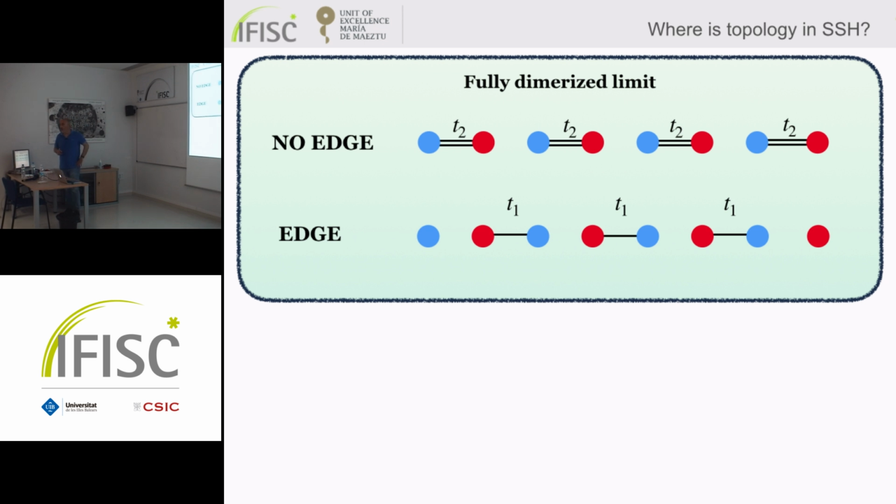Sorry, in the full array, is it necessary that the end edges are always the T2? I mean, because the way you plot it there, the full array has all the connections, and the ones on the outside are T2. But you could have an array with the others. Well, I am assuming that the number of sites is even. This is fundamental. If not, you have some frustration. But if you interchange... No. Here you don't have any case in which there are three T2s and two single elements not connected.